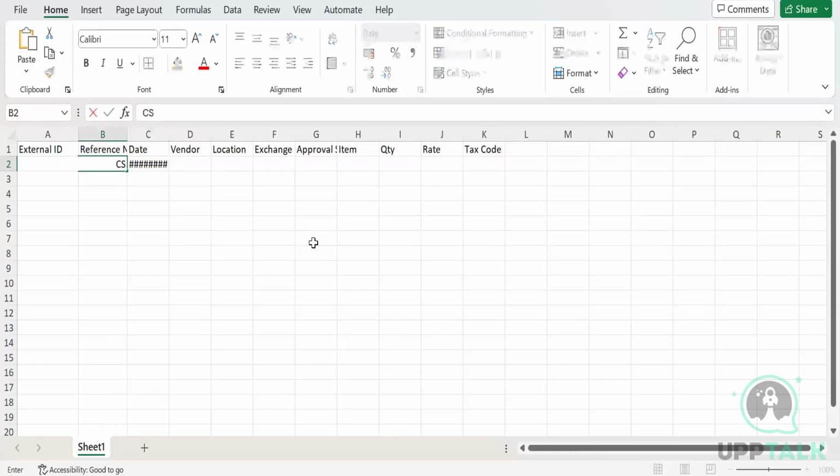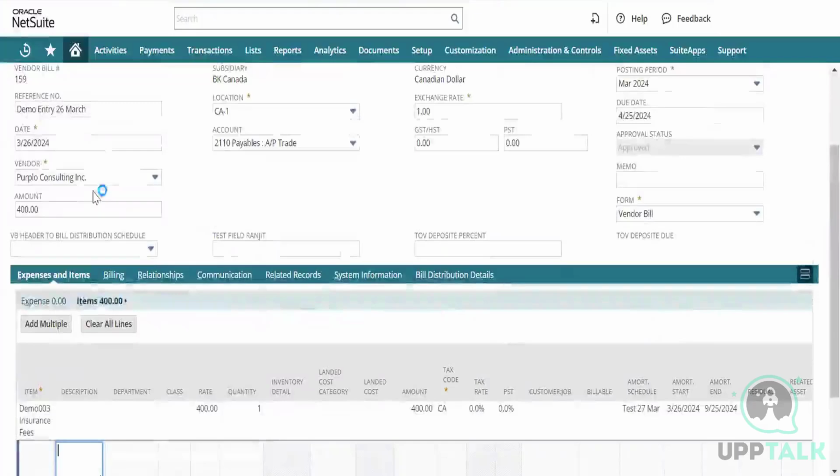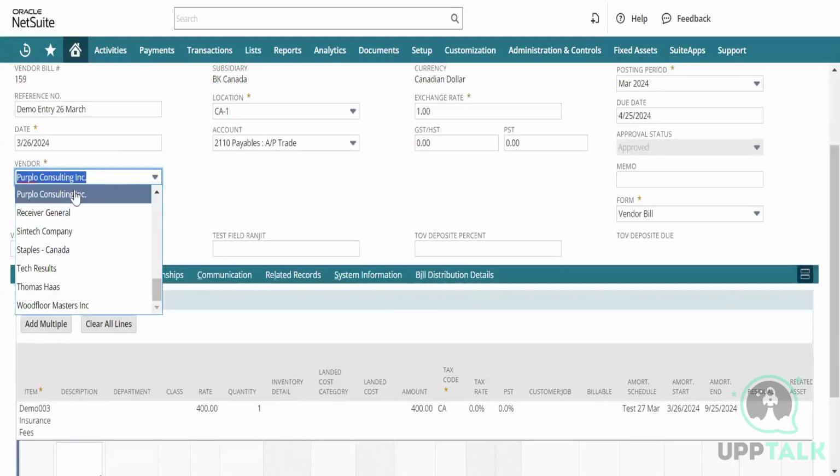Customer CSV cache. So now, either we can copy this vendor name exactly,